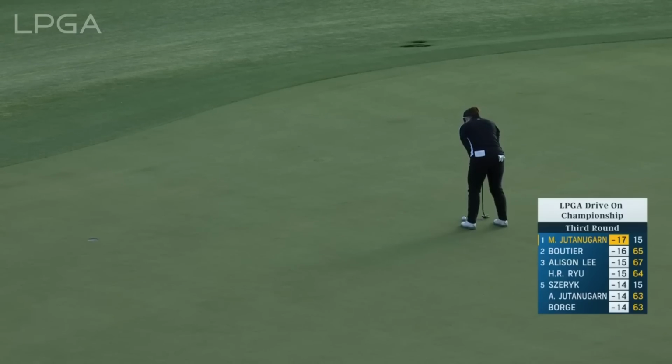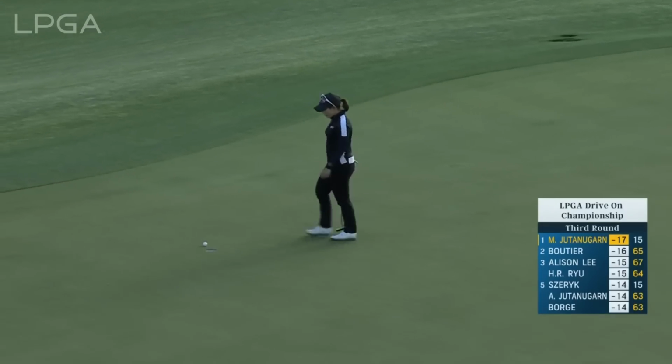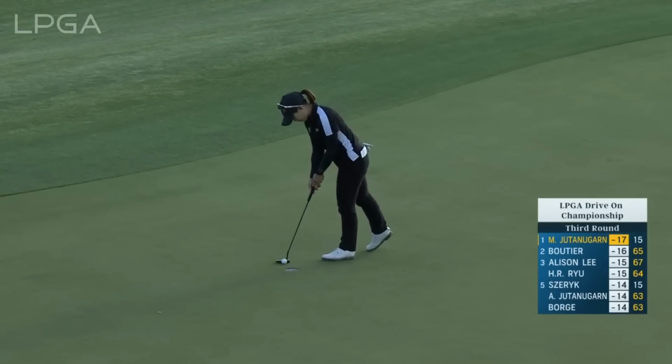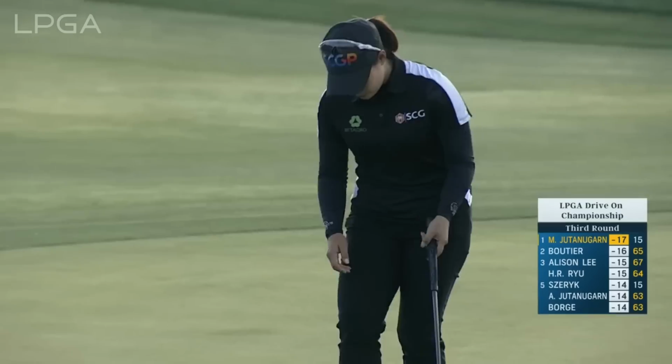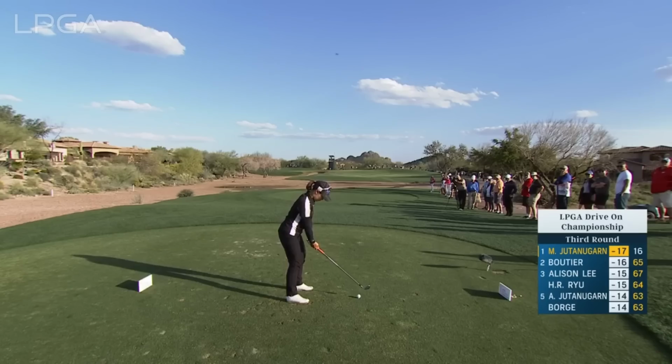A little bit of left to right break on this putt, I think. Yeah, is it another birdie? Just ever so slight. Boy, when she's missed, they just barely miss. Bogeyed the first hole, but